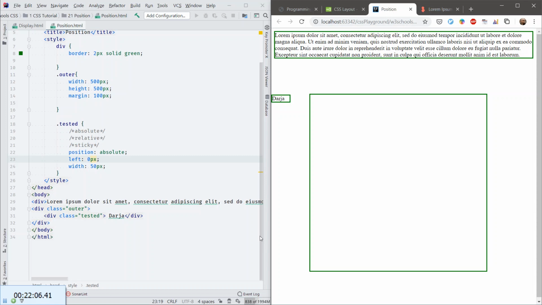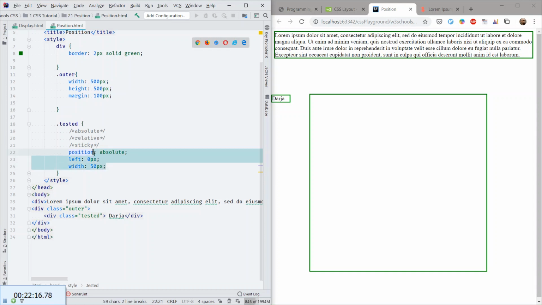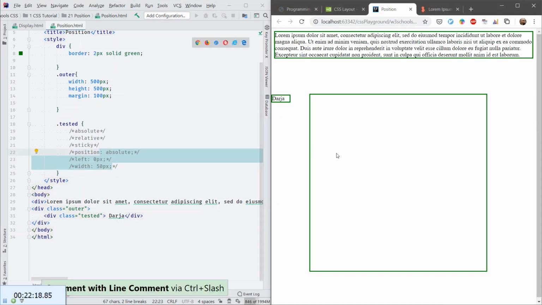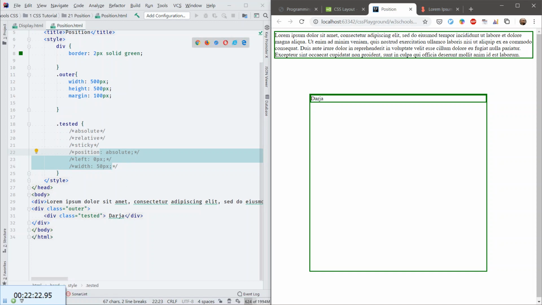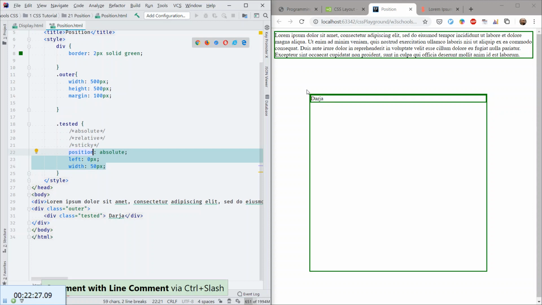So you maybe would suppose that it would count from this place because that is where it would be normally, right? This is the place where it should go. But since this green